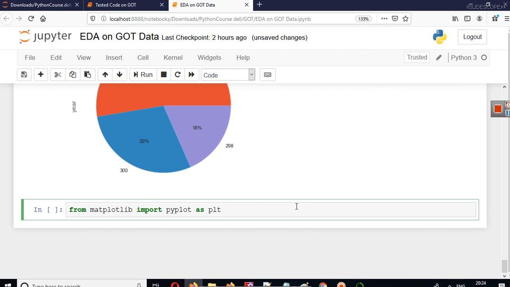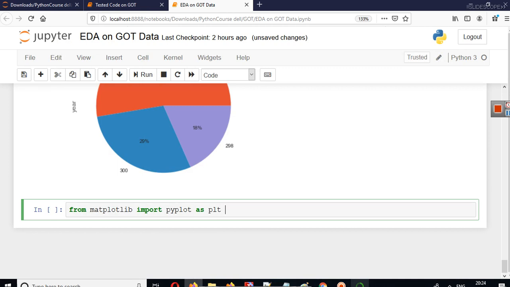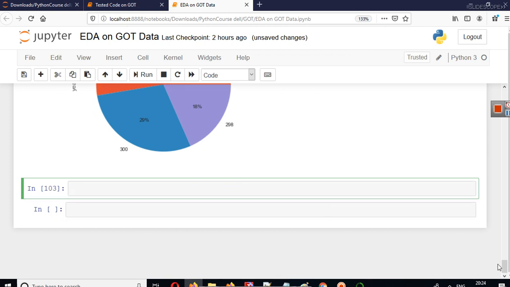Matplotlib is the default library, though you have to import it, and when you install Anaconda Navigator, everything, pandas, matplotlib, is installed with Anaconda. We are importing pyplot, which is used to plot all types of graphs, as plt. When you do this, matplotlib will be imported.